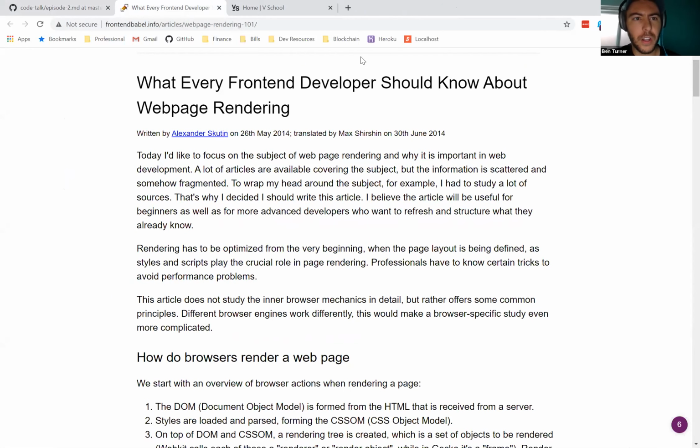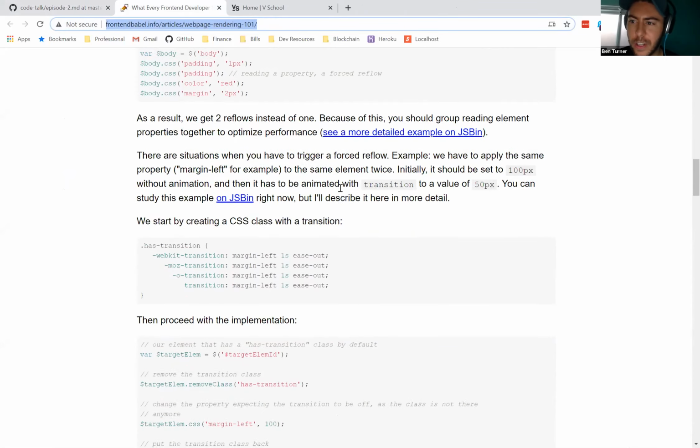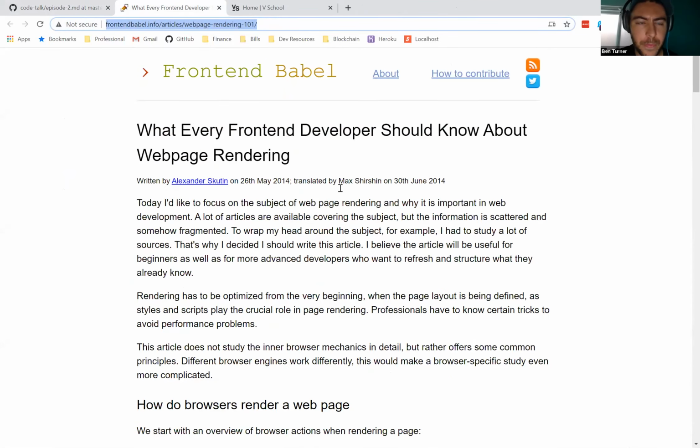So let's take a step back and think about what I just did. I just typed a URL into this bar, and suddenly I see this page show up. It's pretty cool how that works. So why does that work? Why am I able to see that? The first thing that happens when you type in a URL here is your browser makes a request over the internet for a file located at that location.